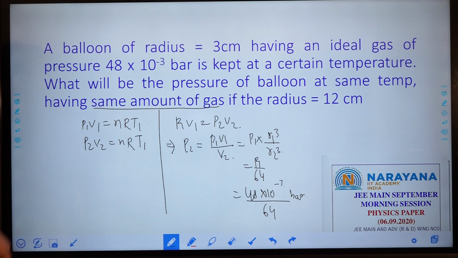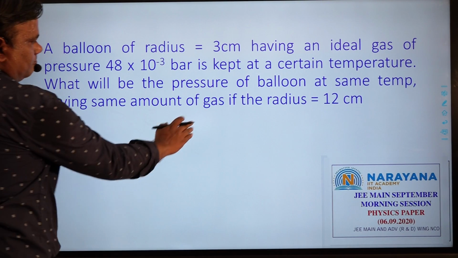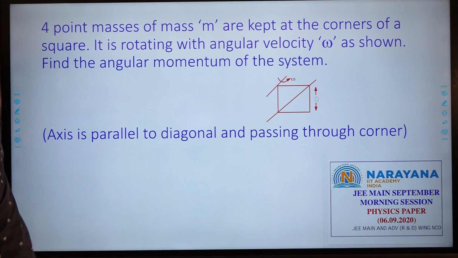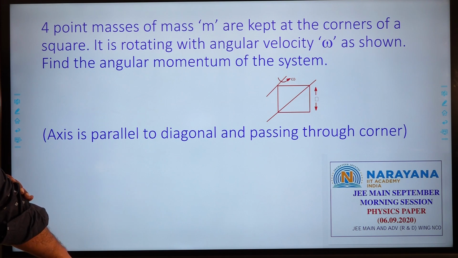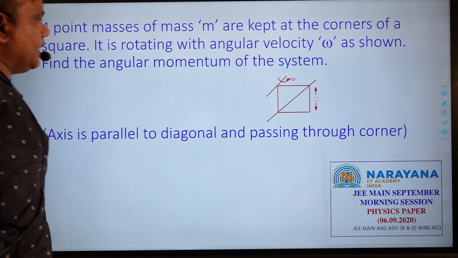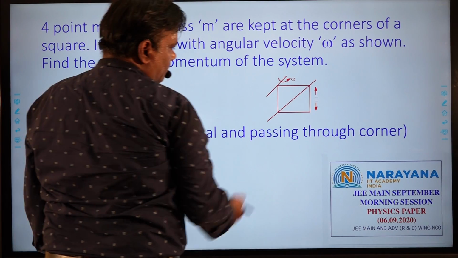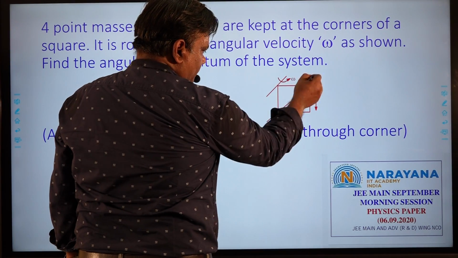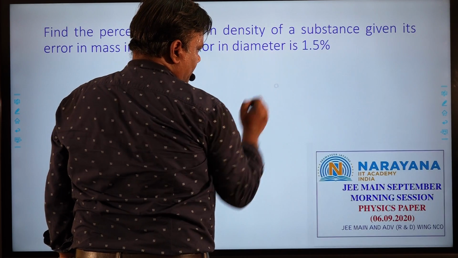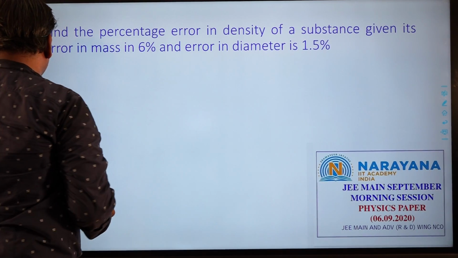Now we go to the next question. The next question is 4 point masses of mass m are kept at the corners of a square. It is rotating with an angular velocity omega as shown. Find the angular momentum of the system. These are all memorized questions, so we don't have a detailed idea about how it is rotating, whether any mass is existing over there or not. If I assume that there is no mass of this connecting rods, let's say this mass, let's say we have to understand